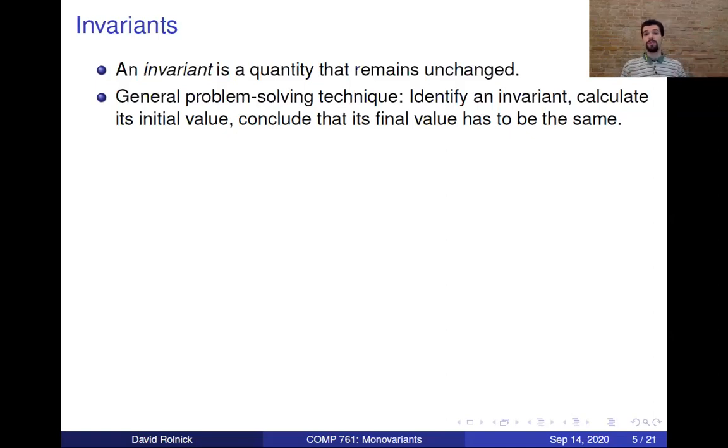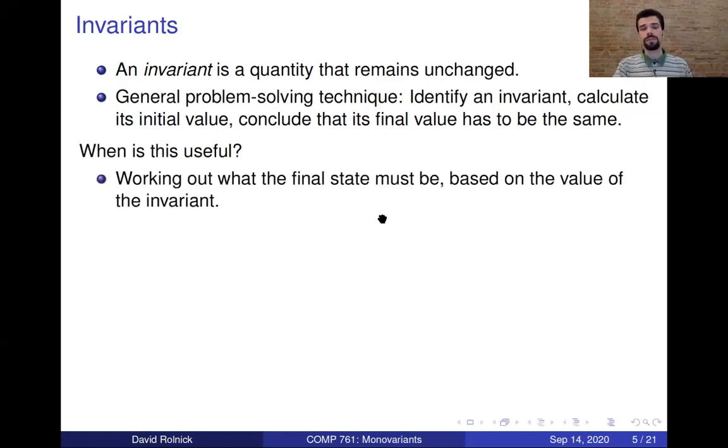In the case of the previous example, we had the sum of all the numbers on the blackboard. At every point, the sum of the numbers on the blackboard wasn't changing. If you replaced a and b by a plus b, the sum of all the numbers there wasn't changing, even though the number of numbers there was changing. So we could show that there was an invariant, and we'll see a formal proof. But first, when is this useful?